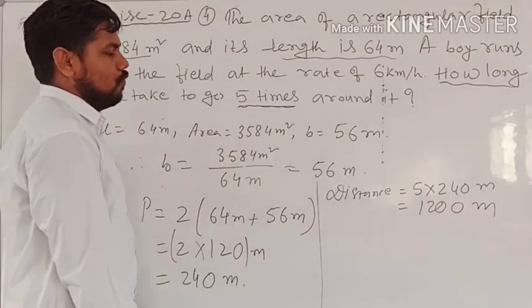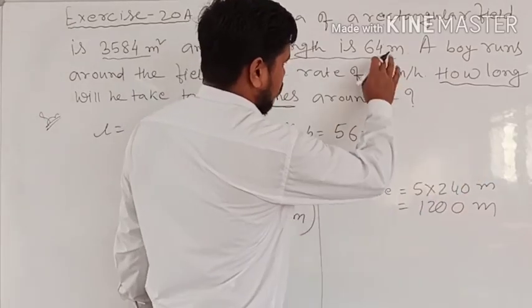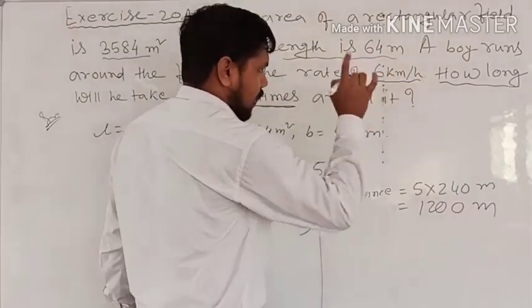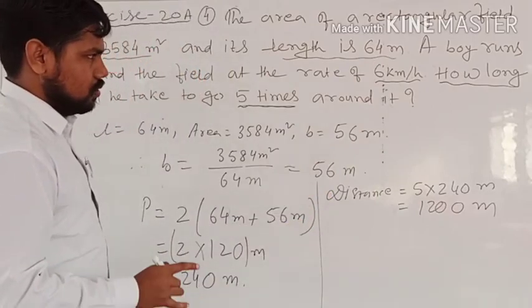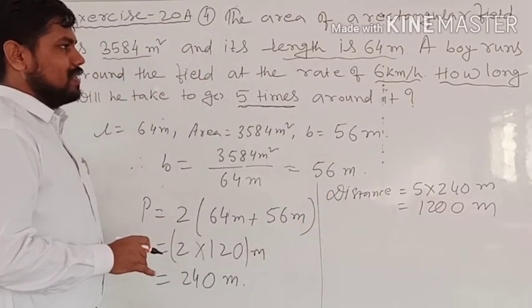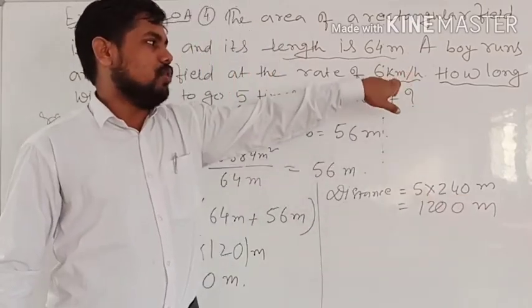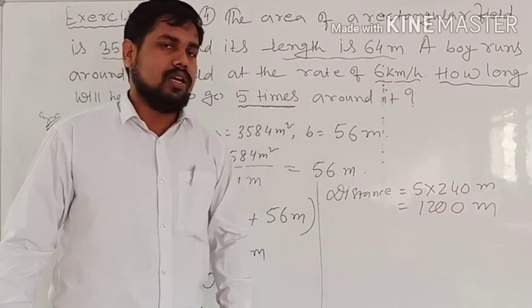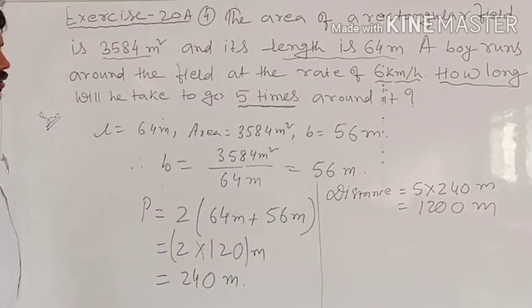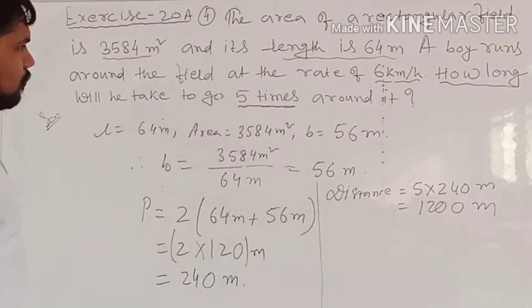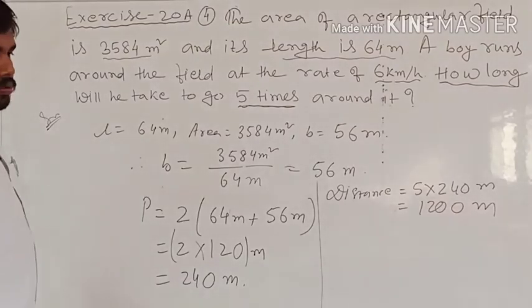So now you have to find the rate. How? With the rate of 6 km per hour. Means in 1 hour he is traveling 6 km. Okay, but here the unit is given in kilometer and here the unit we have is in meter. So first you have to convert this 6 km per hour into the meter per minute. Okay, so meter per minute में convert करने के लिए हम लोग जानते हैं 1 kilometer is equal to 1000 meter and 60 minute is equal to 1 hour. So we will multiply by 1000 and divide by 60 to convert that into meter per minute.